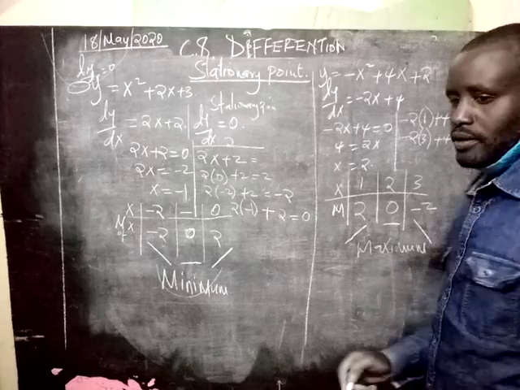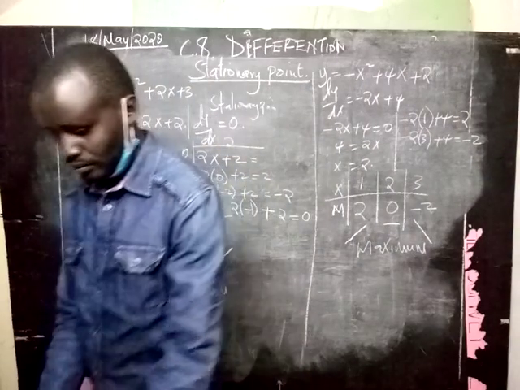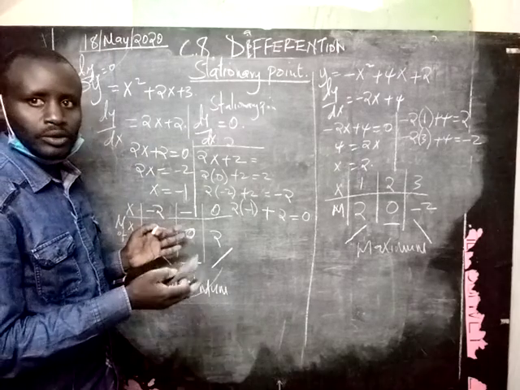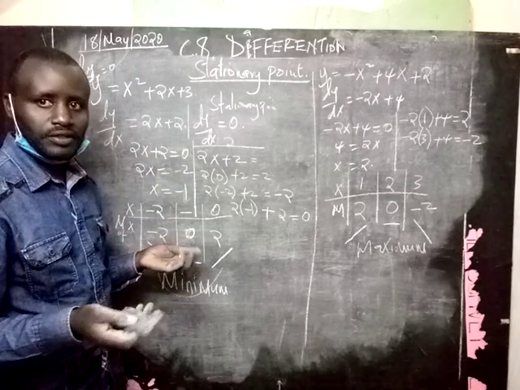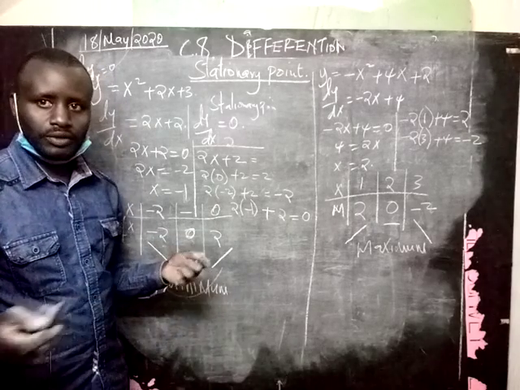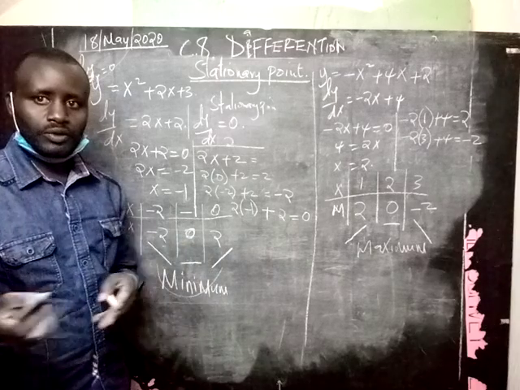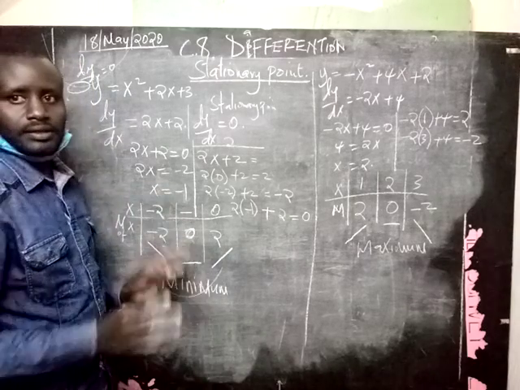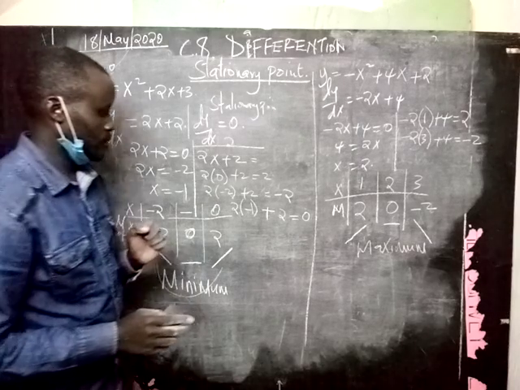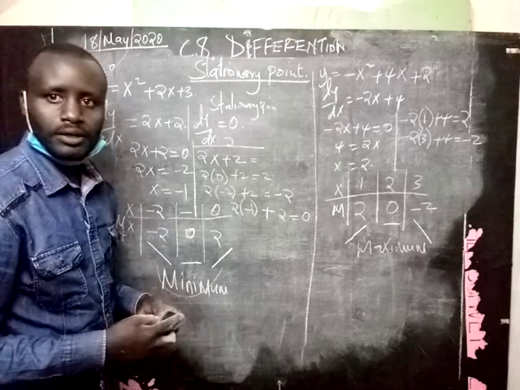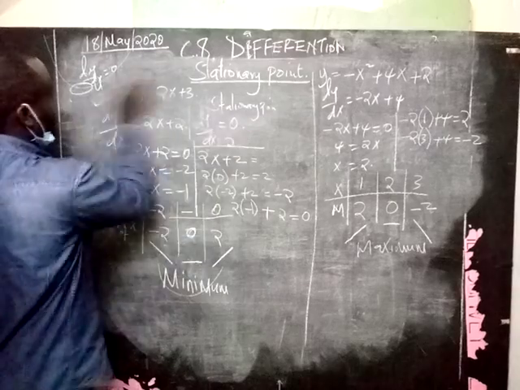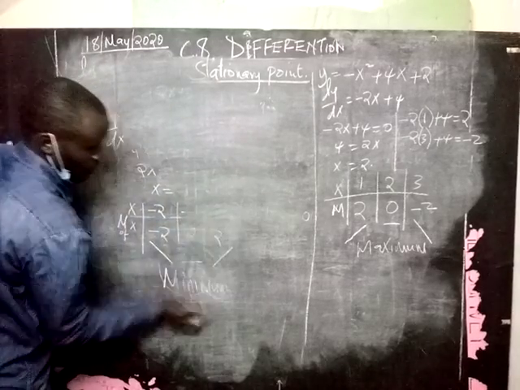This one is minimum, and this one is maximum. That is how to find all this. So this is just but one example, so that you're going to have enough time to move on. But there are so many questions that you have in your books. There are so many questions you have in your papers, but the concept is this. So make sure that you capture the content well. The concepts that we are teaching you here, you're going to use to apply in answering your questions. So we are moving to another one,